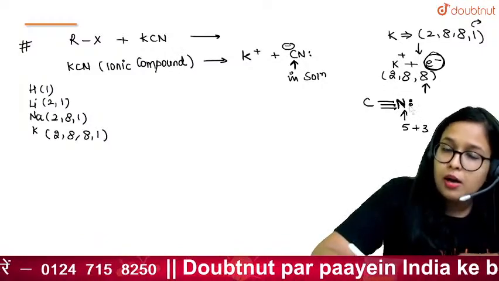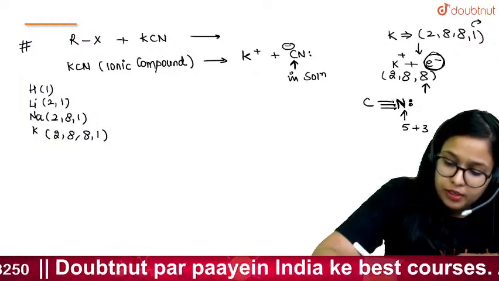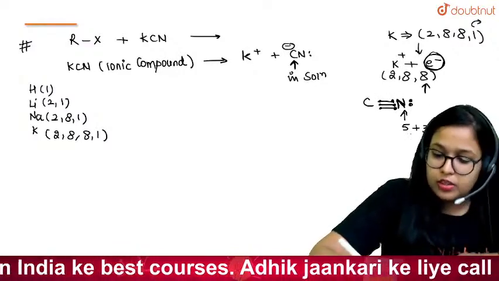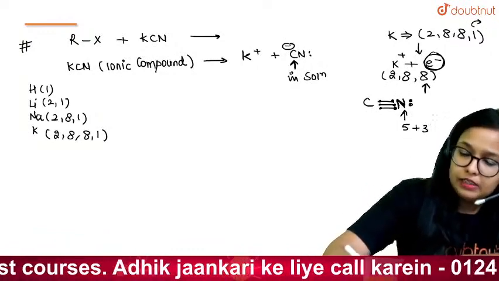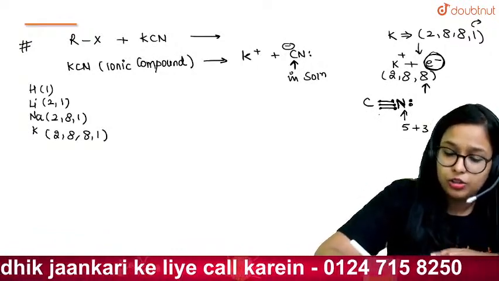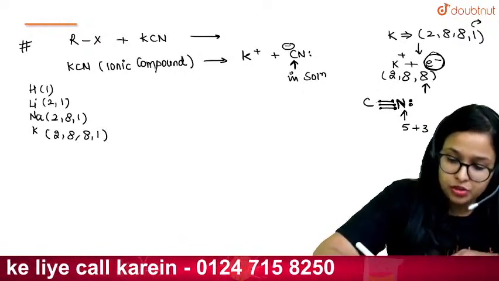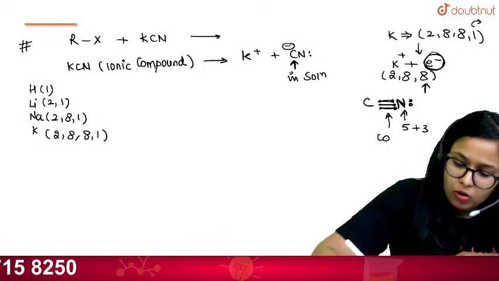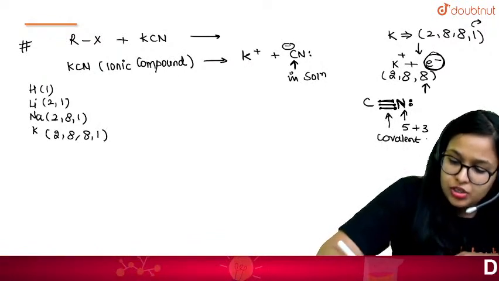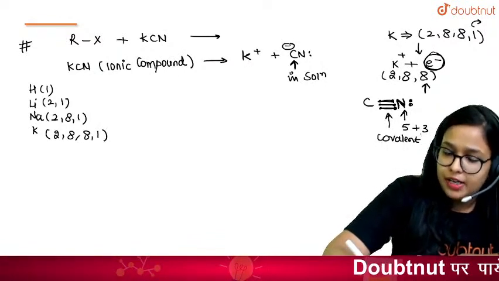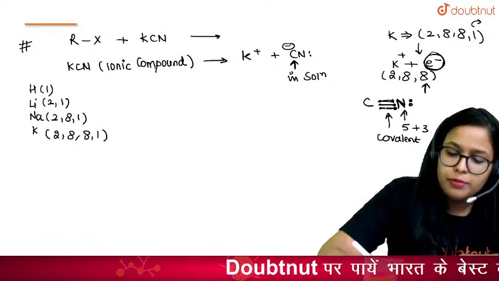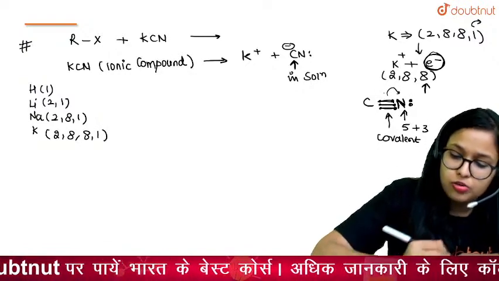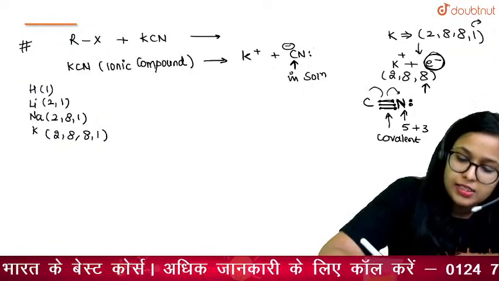nitrogen has 2 electrons in the form of a lone pair. It has 6 electrons in the form of a covalent bond. The octet of nitrogen is completed, whereas the octet of carbon is not yet completed. It is 1 electron deficient. It has 3 bonds. The bonds here are covalent bonds because nitrogen has shared its 3 electrons as well as carbon has shared its 3 electrons. The covalent bond between carbon and nitrogen gives 6 electrons to nitrogen as well as 6 electrons to